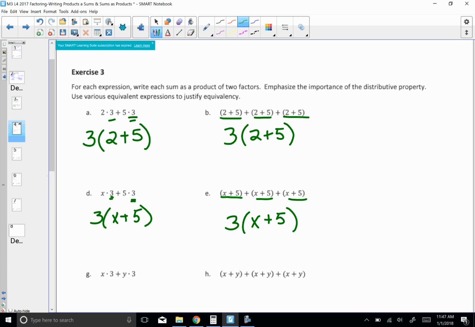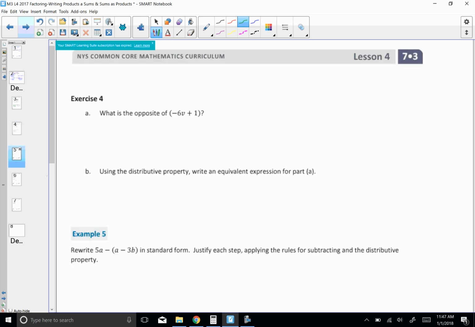We're in the home stretch now, page 25. So what is the opposite of negative 6v plus 1? A common answer that students will tell me is the opposite of each of these terms. So the opposite of negative 6v is a positive 6v. Opposite of positive 1 is a negative 1. And you are absolutely right. In math,